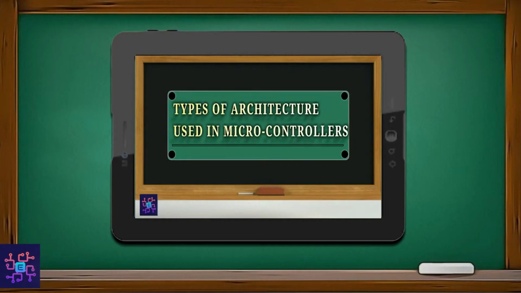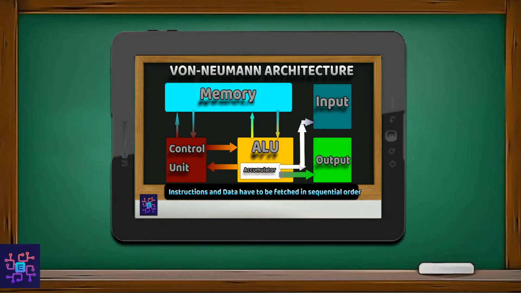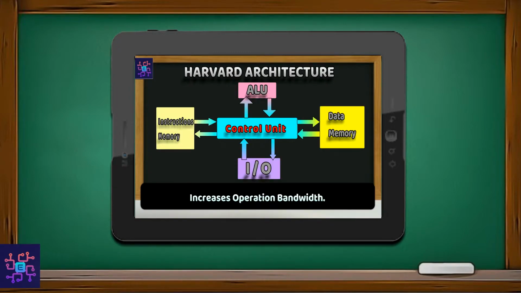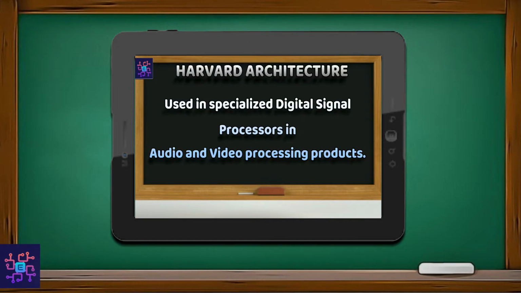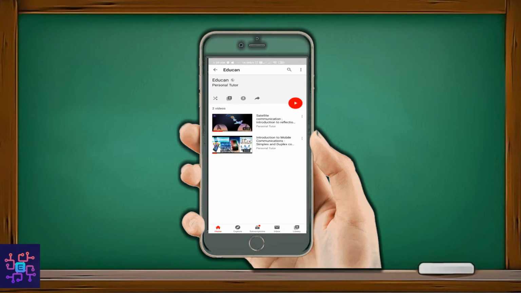In the previous video we have learned about the architecture types used in microcontrollers and the selection factors for selecting the microcontroller suitable for your application. If you haven't watched it yet, go check out the video first. Also, if you haven't checked the electronic devices and circuit series, watch that series too.